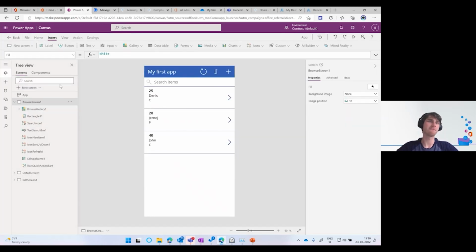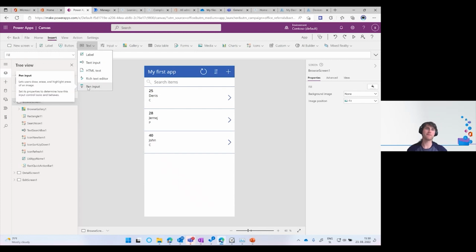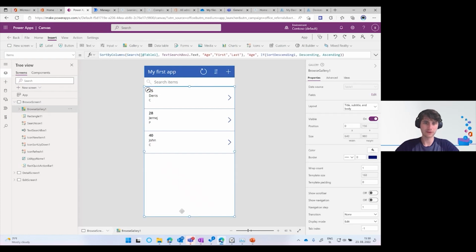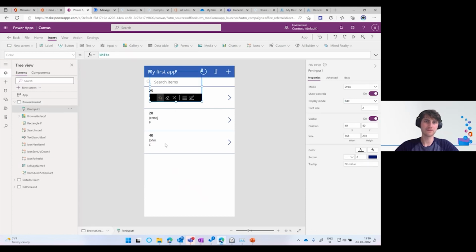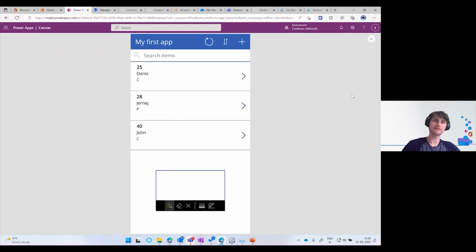Now, if I just show you what else I could add here. So, for example, I can add buttons, labels. Those are kind of regular, right? Text. Now, with text, I can also add pen input. And let me just show you what it looks like. Let me create some space here. And input pen. So I'm going to put it right here. And now if I launch it,